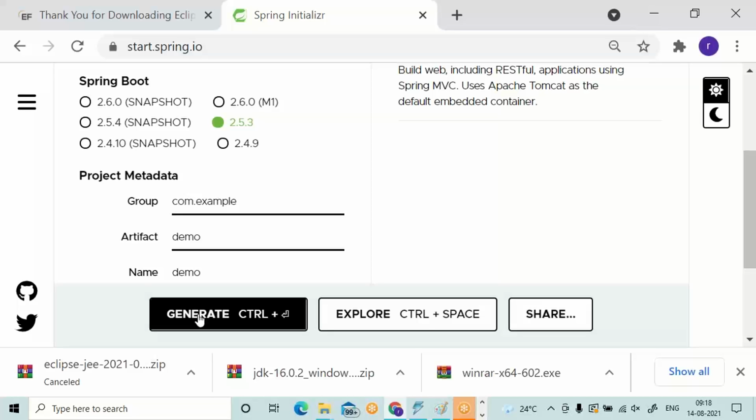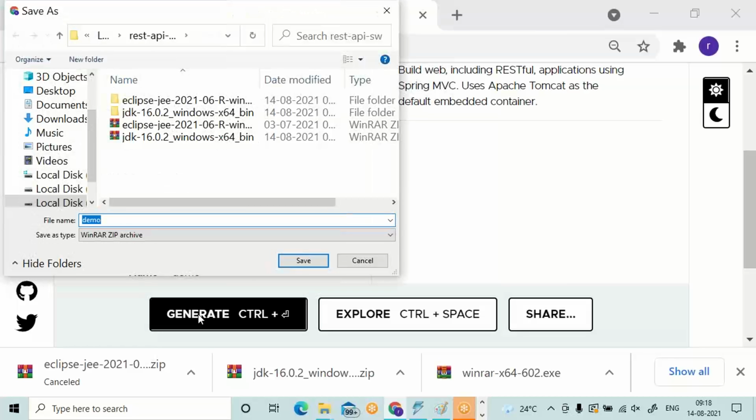Once you click on generate, one ready-made project with the file name demo is trying to download. A very important point: try downloading this into the Eclipse Workspace. Please observe, whatever Eclipse Workspace we have chosen, that Eclipse Workspace. It's not the software folder. Go back.